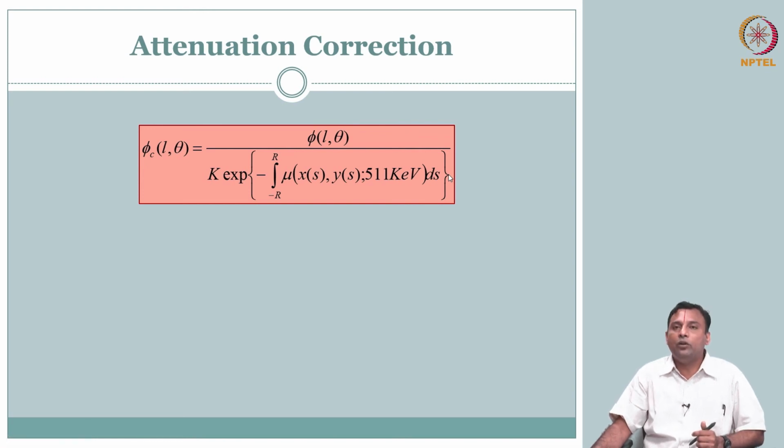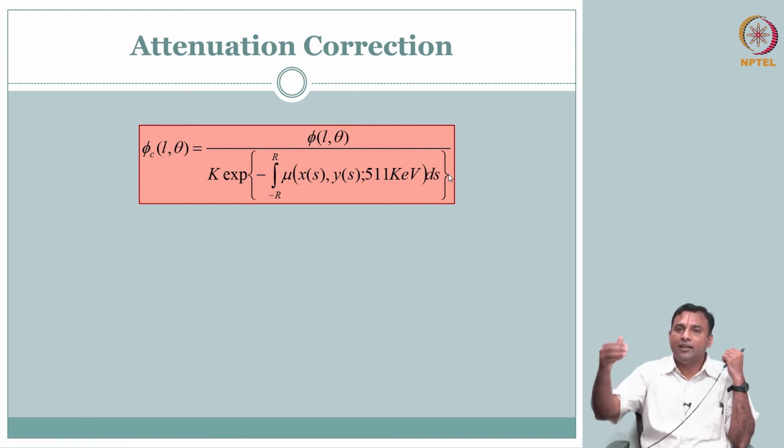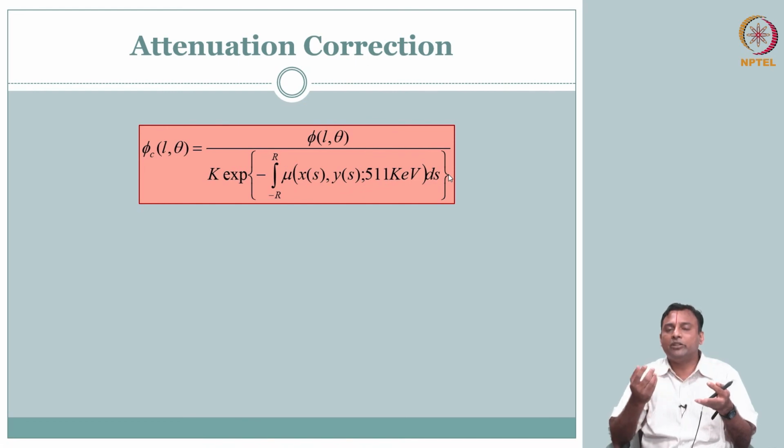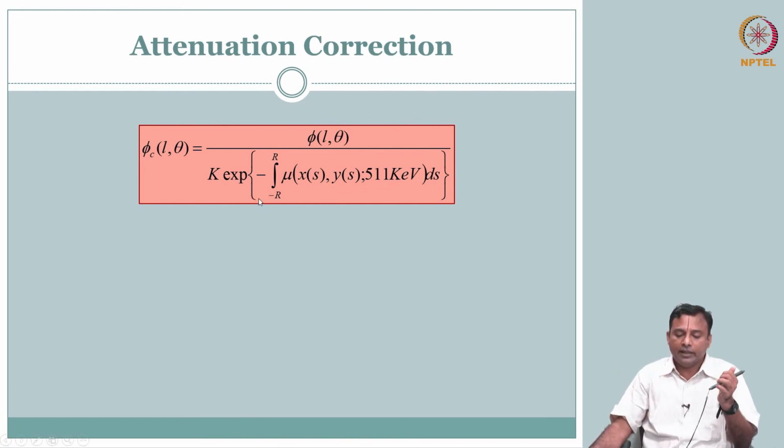So what we can do is have a source outside, along the line, get the detector, or you can use your PET CT. We talked about PET CT, it is a very common thing. So from CT you already have, for the same registered patient, your CT image. So if you have your CT, you can always get your mu and get this integral. So you can calculate this, no big deal.